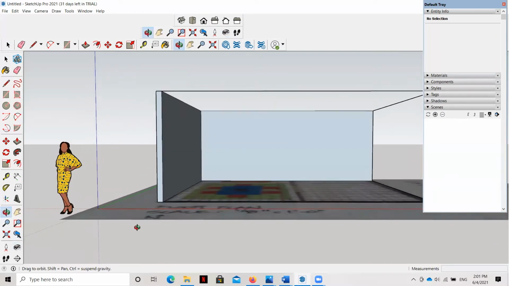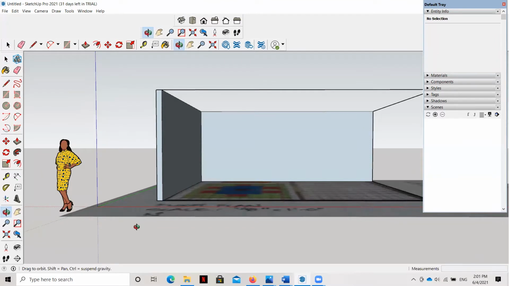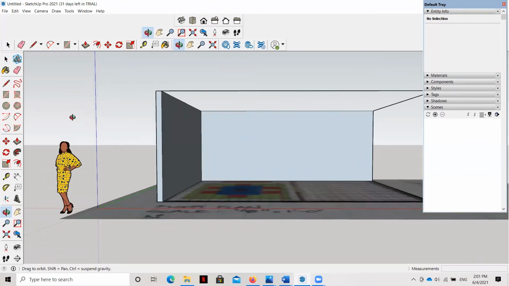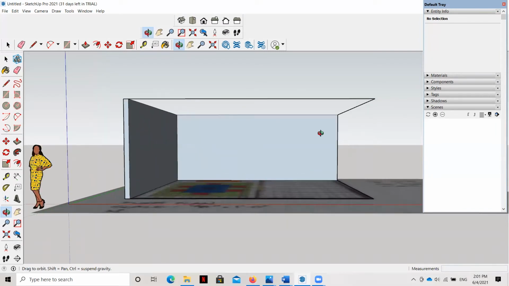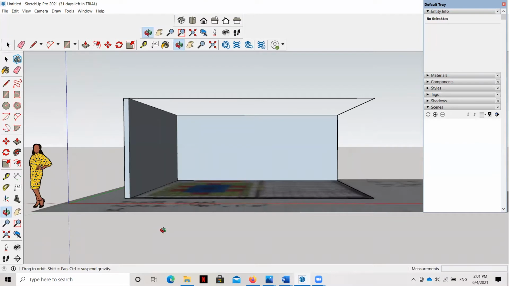You can see that right there. So I'm going to set up that view just like that.